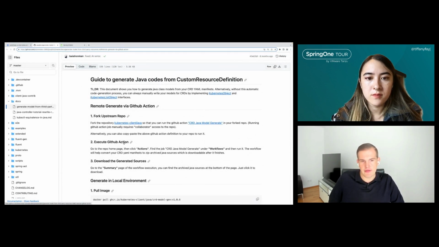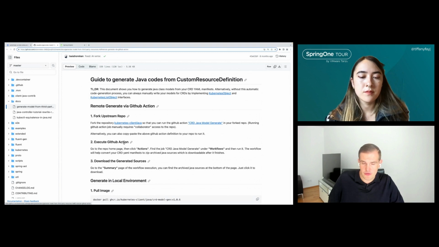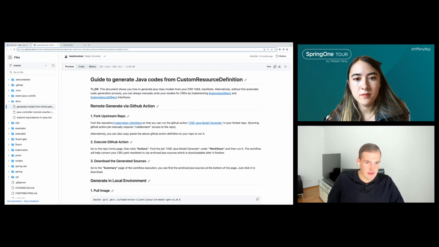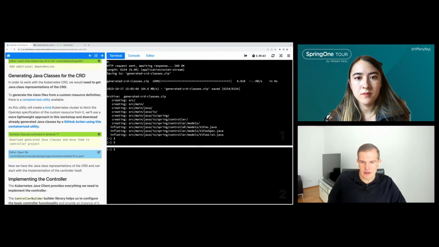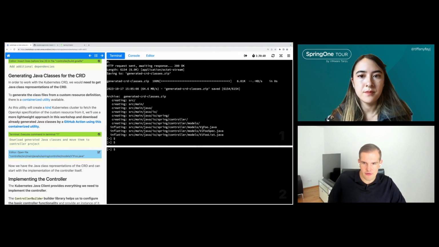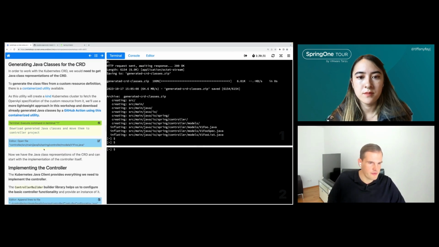You can easily set it up in your GitHub repository where you have your controller code, and based on that, it will generate those classes for you. And that's something based on this documentation we already did here, and we'll also just download them. You can see we have a Foo, we have a Foo specification, which is the reference from the Foo object,